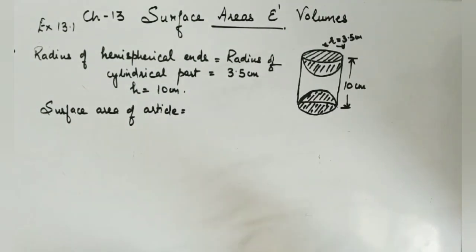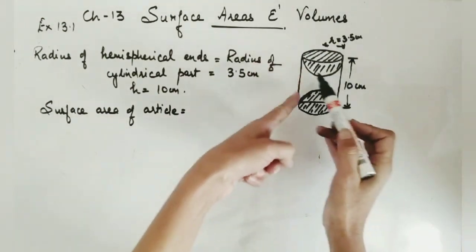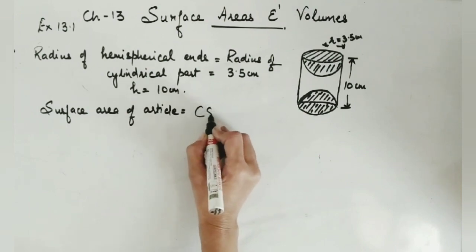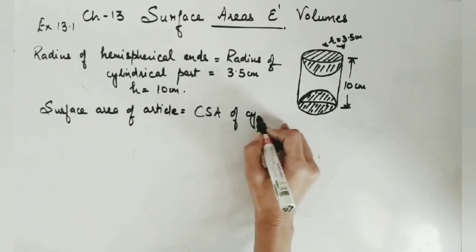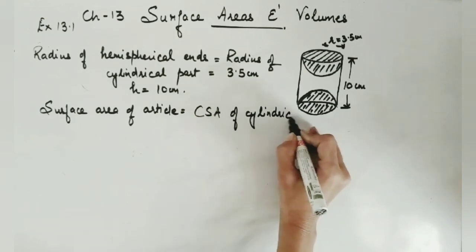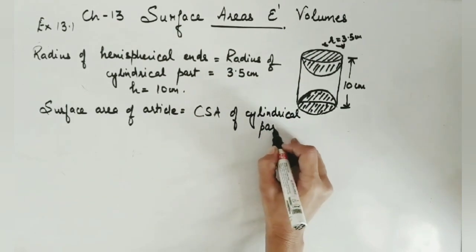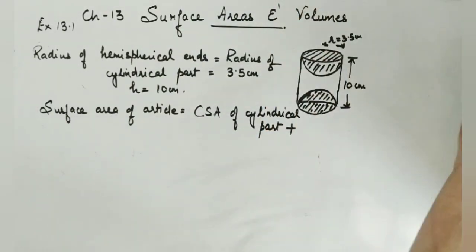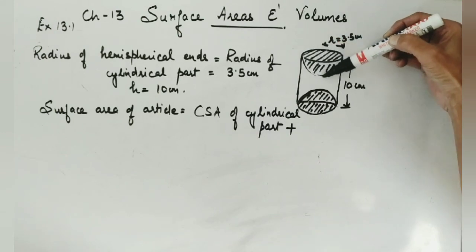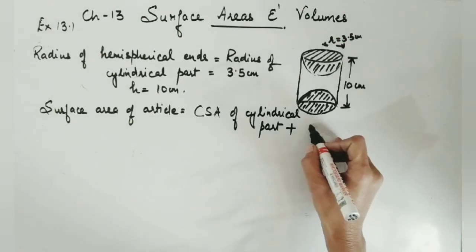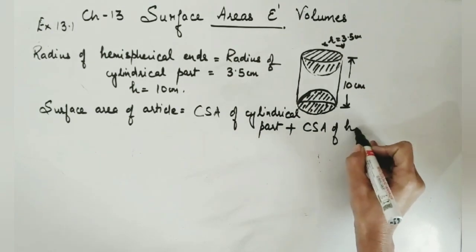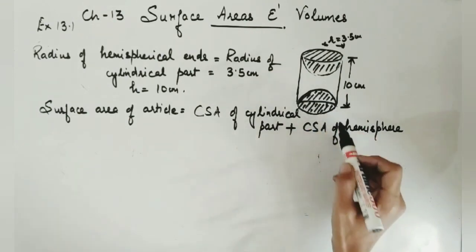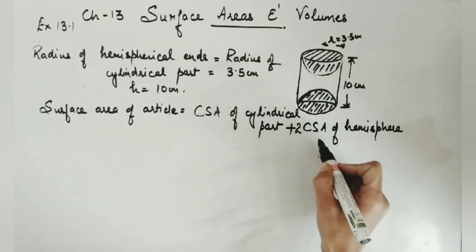In totality, when you observe this shape, the curved surface area of the cylinder is clearly there, CSA of the cylindrical part. Alright. But since the hemispherical depression goes in, this depression is due to CSA of hemisphere, and the same is the case at the bottom. So can we say twice the CSA of hemisphere?